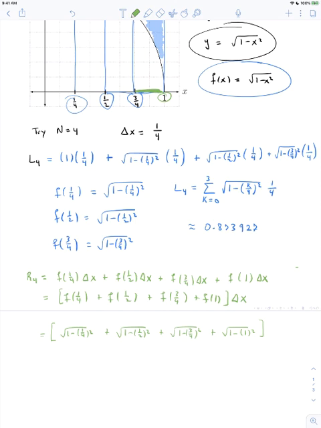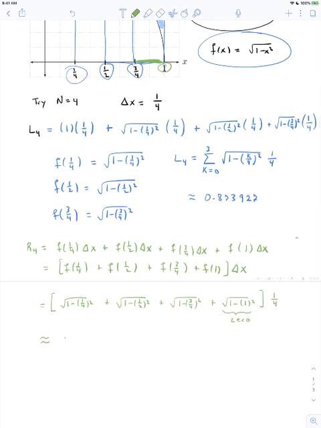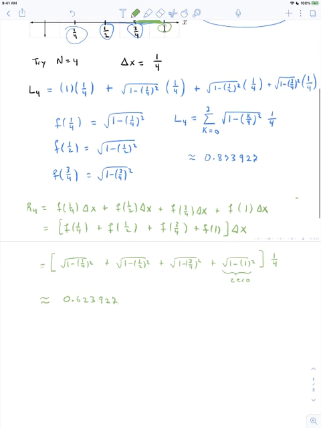And all of this is times delta x, which is 1/4. So if you compute this, you should get that R4 is approximately 0.623927. So our actual area, which we know is pi over 4, is somewhere between 0.873927 and